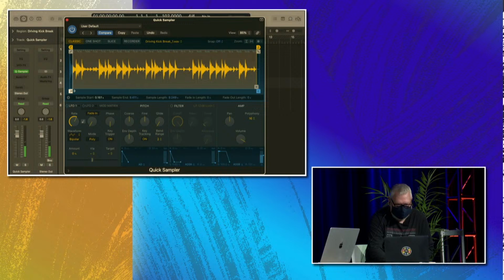But the quick sampler is really cool, especially in the middle of a session where you might be working on something and there's one part of a loop that you want. Like, oh man, I wish I had that snare drum. Well, we can easily, I'll show you the hard way and the easy way. So